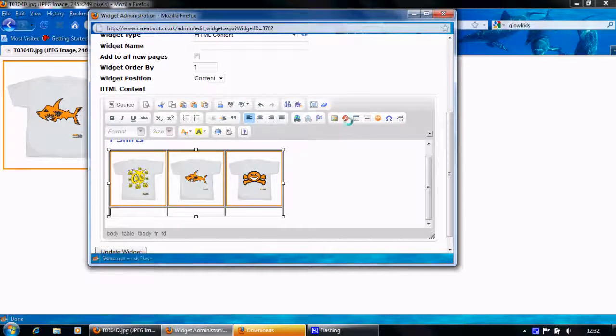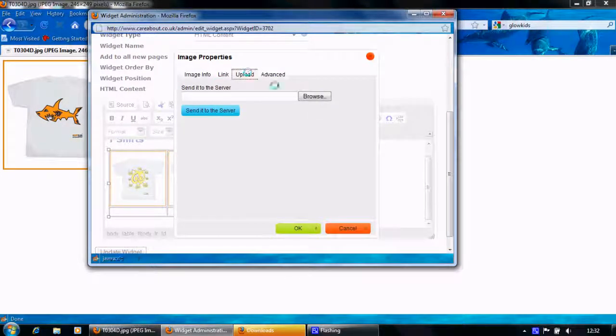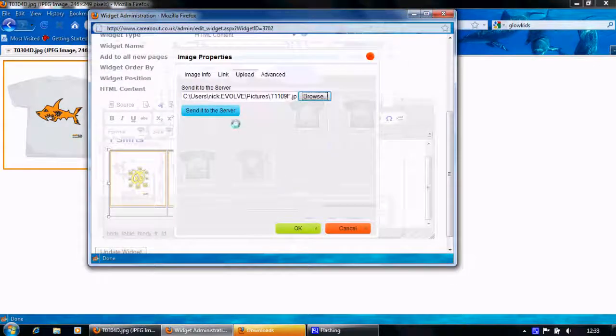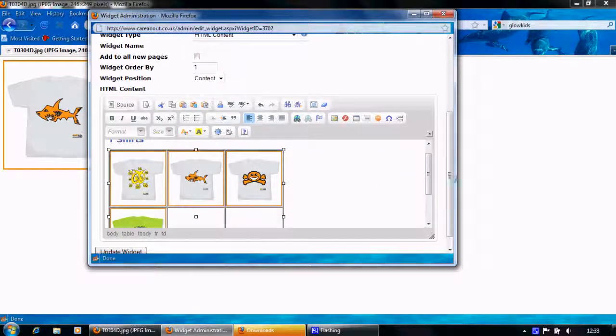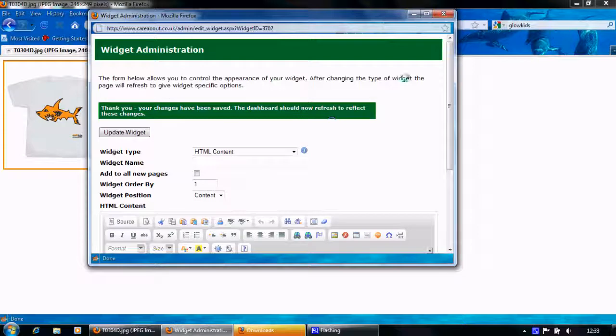Let's add the green one in because I quite like the look of it. So add in the picture, upload, browse, send it to the server. 1, 2, 3. Okay. So there we go. We have some pictures, and I can now update the widget, close that down,